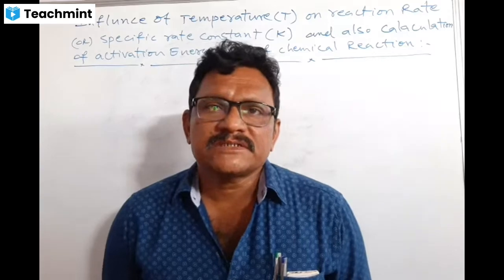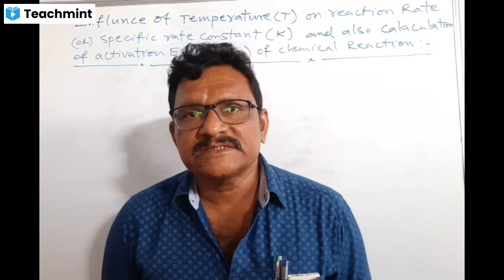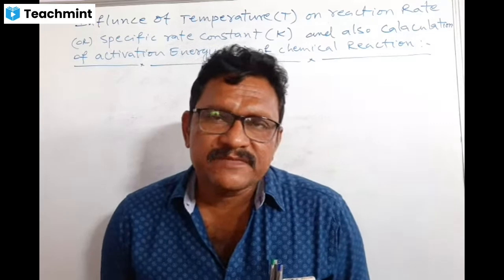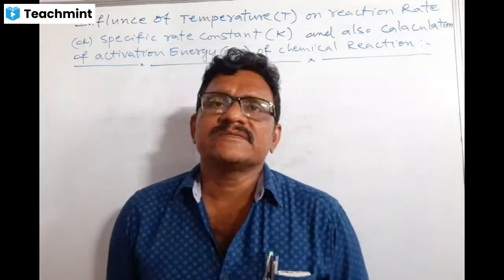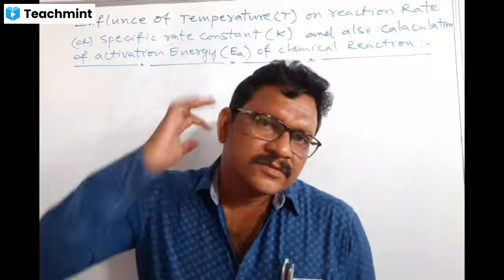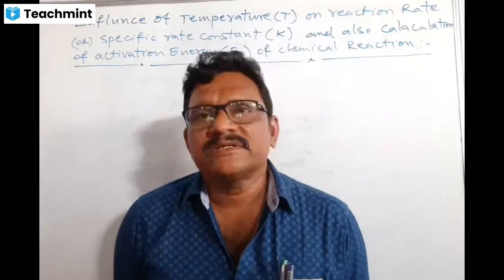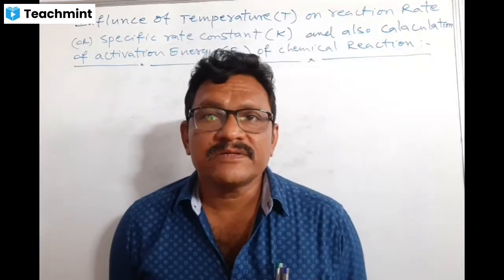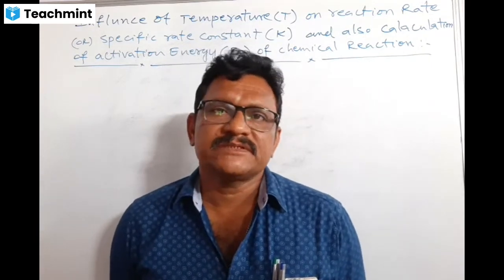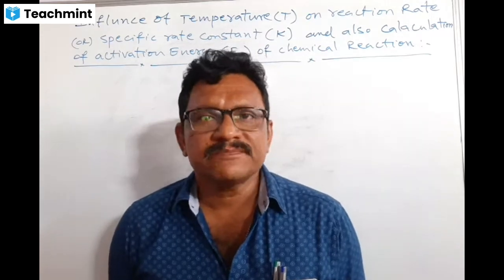So from that, what we can understand is that the rate of reaction is directly proportional to temperature. If temperature increases, rate of reaction increases. So the general relation is for every 10-degree rise of temperature, the rate of reaction should double, sometimes maybe triple. Here one thing: scientists have introduced the temperature coefficient. It is represented with the letters TC. What is temperature coefficient?